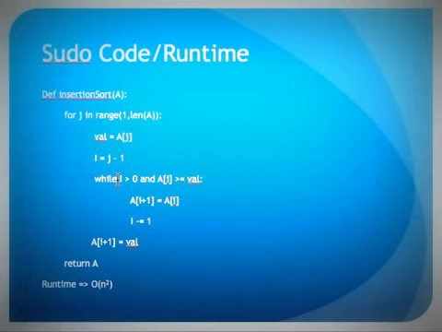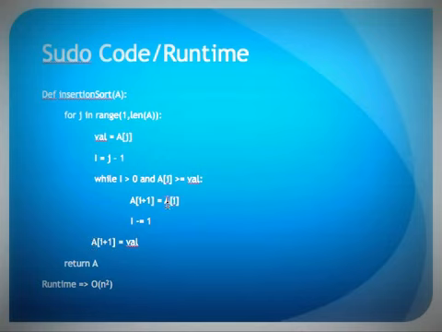So while you're not beyond the first element in the list, and that element that you're looking at is greater than the value that you currently have, you want to switch those values, right? So you add 1 to i, you make that equal to what i currently is, you decrement i to look at the previous value,